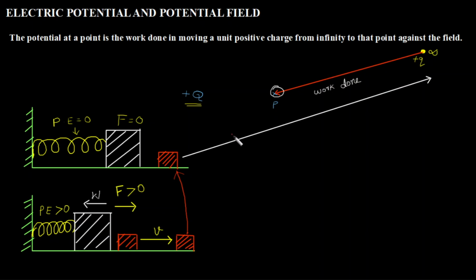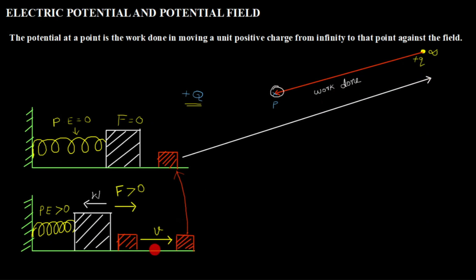Okay, you can imagine any distance which is very far from this field or any field in that sense. Now you are trying to bring this. Now you are here, this box is at infinity. Now you are trying to bring this. Now this box is somewhere here and there is a potential energy field because there is a charge here. So this is the example. There is a charge here which is something similar to this. Now you are trying to bring this box from infinity to this point.